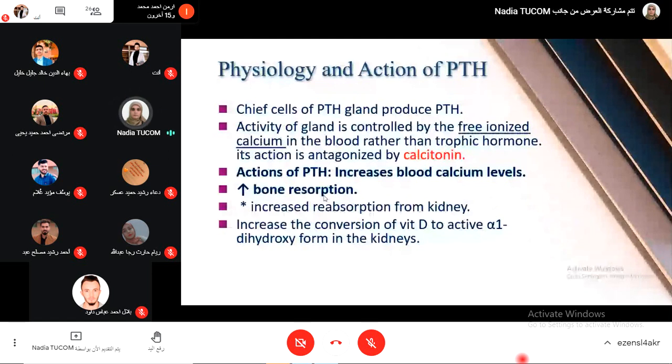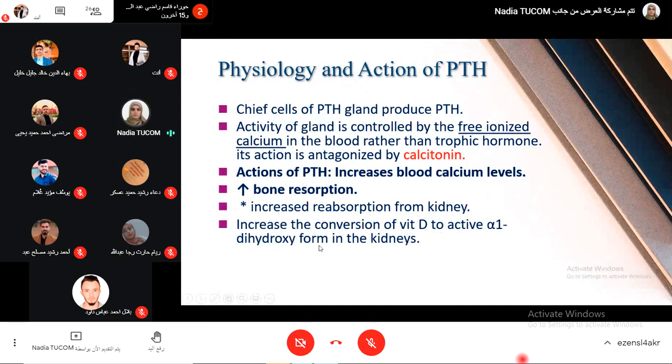It also increases the reabsorption of calcium from the kidney, and increases the conversion of vitamin D to its active form,